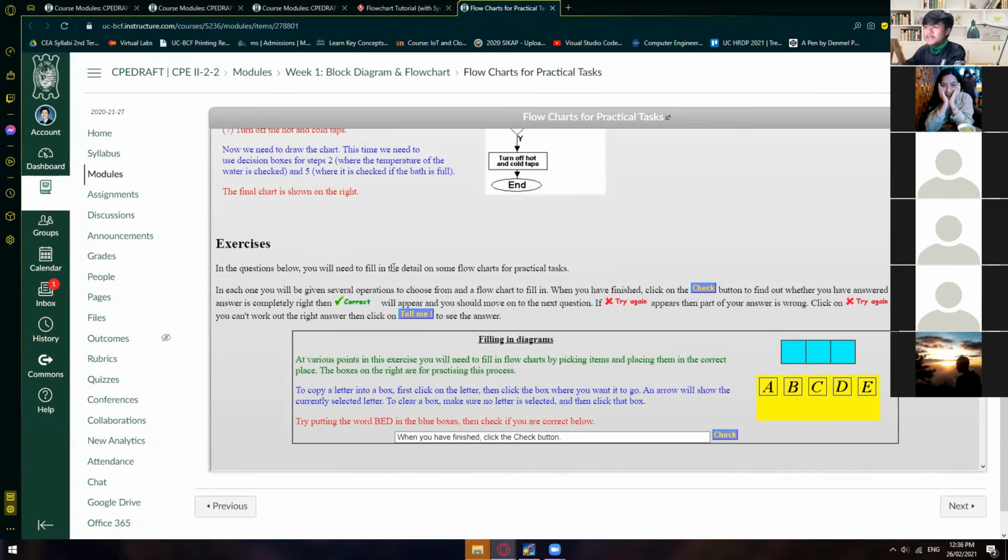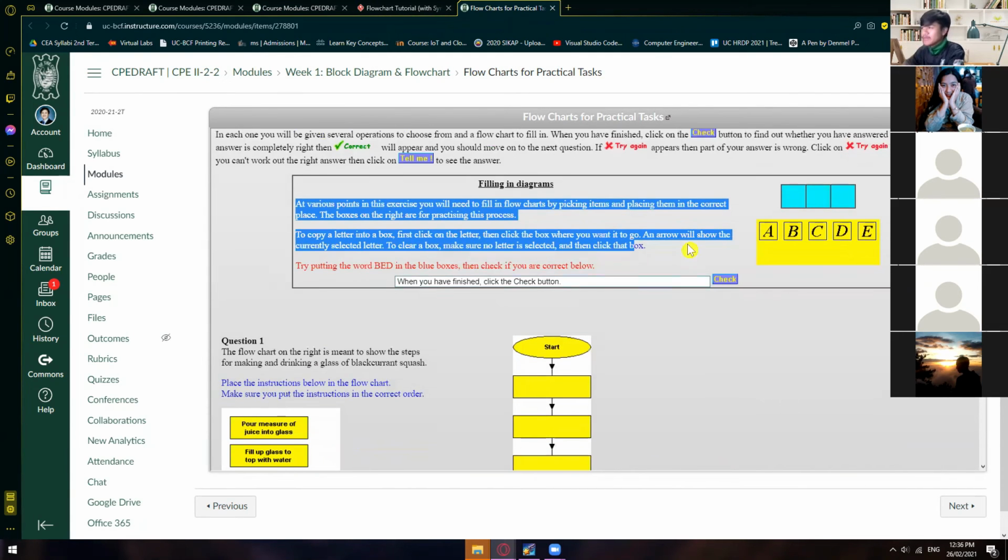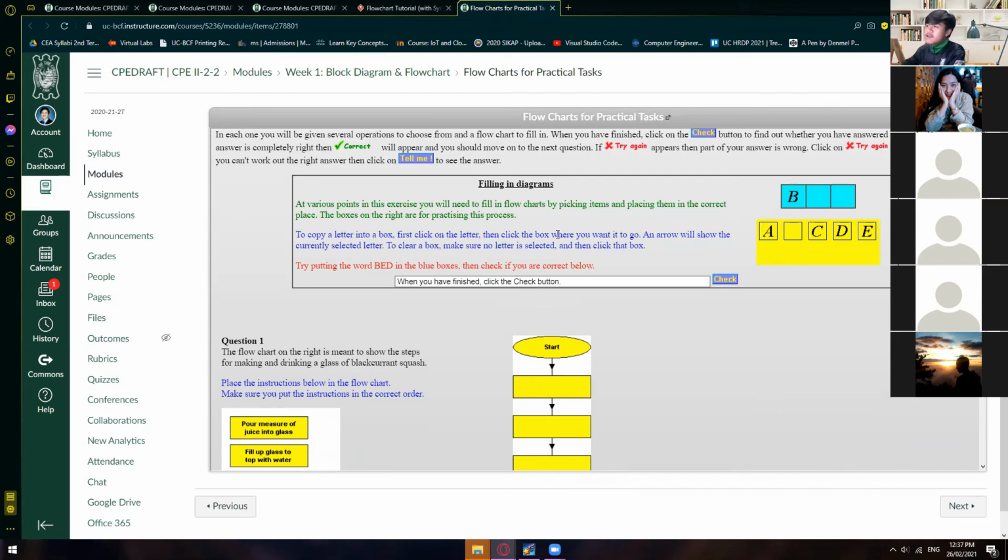And we have here the exercises, wherein we have the instruction on how to move a certain object. Like you have to click this one first before you can move it on the text box. So it says here, try putting the word bed in the blue boxes. So B, E, and D, and then you have to check it right here. So this is a practice area wherein you can